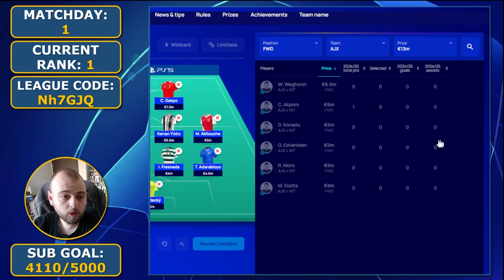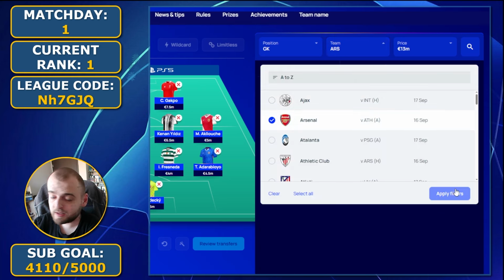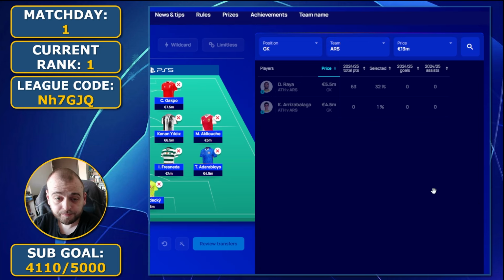Moving then into the forward line, we have Weghorst, Akpom. I don't like these price points. If some of these guys down below appear as an option, I will inform you, but for now I'm steering clear out of that. Moving then into Arsenal, this is one of the favorites this season for the tournament,